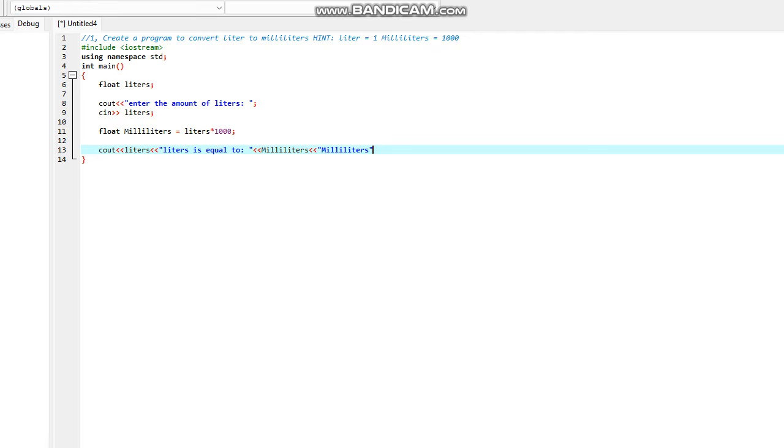Then left shift, then endl; semicolon, then the terminator is return 0.